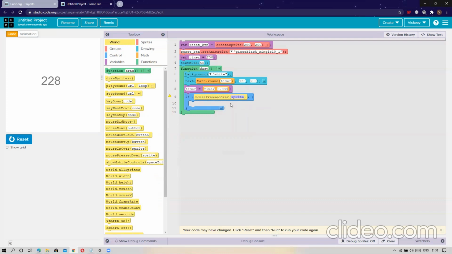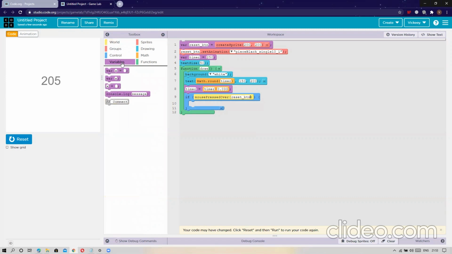As soon as mouse pressed over is selected, we will change it over here to reset button. Now we are going to select a variable, this variable timer is equals to 250.